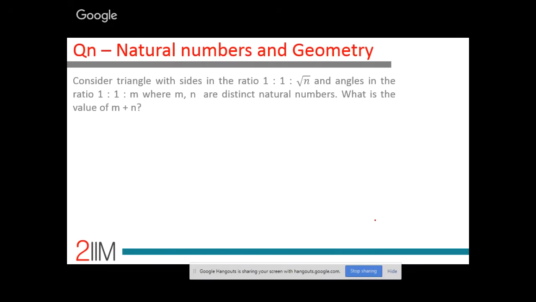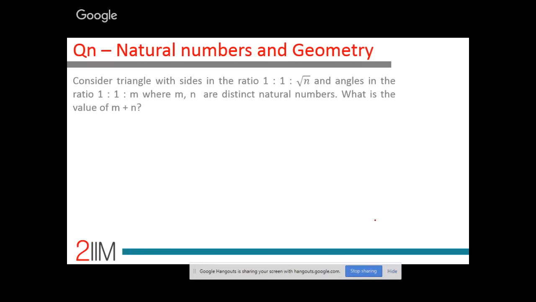1:1:√1. What triangle is it? Equilateral. In which case, what will be m? So it could be 1:1:1, 1:1:1. Is that possible? Why is it not possible? Distinct natural numbers, so that's out. So that 1, 1 solution is out. So n equal to 2,